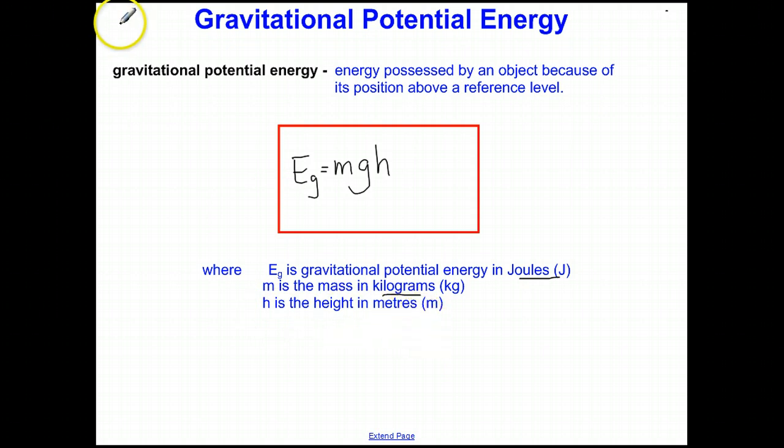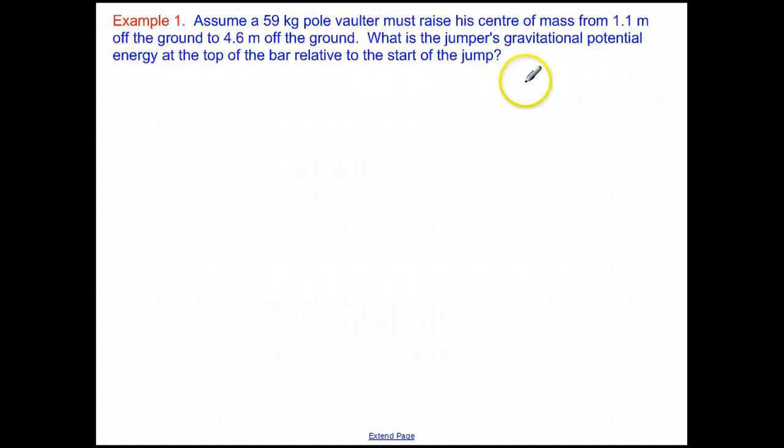Okay. And so if we look at an example, assume a 59 kilogram pole vaulter must raise his center of mass from 1.1 meters off the ground to 4.6 meters off the ground. What is the jumper's gravitational potential energy at the top of the bar relative to the start of the jump? So if we look at breaking this down into the start and top of the bar, we end up with